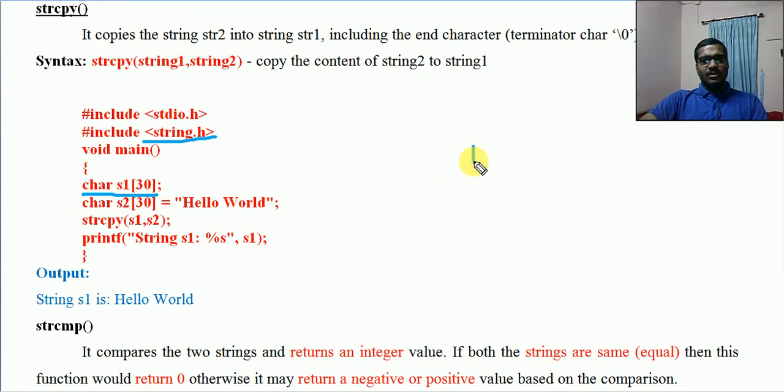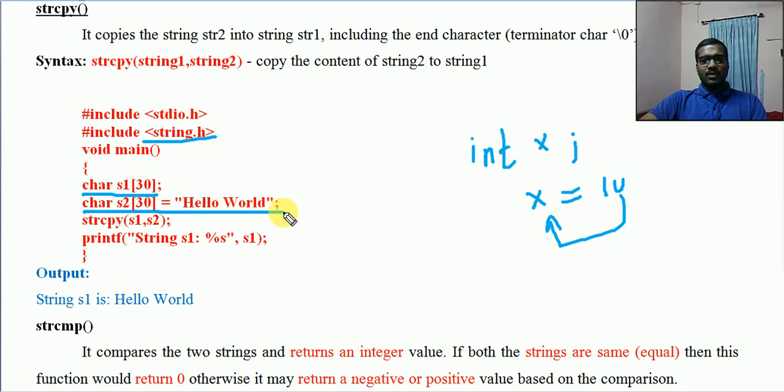If you want to have a variable, say h, and you don't want to give some value, we simply declare that. Later we assign some value, so 10 will be assigned to h. Similarly, we are simply declaring a string variable s1 of size 30. Then I am declaring another string variable s2 with the value hello world.